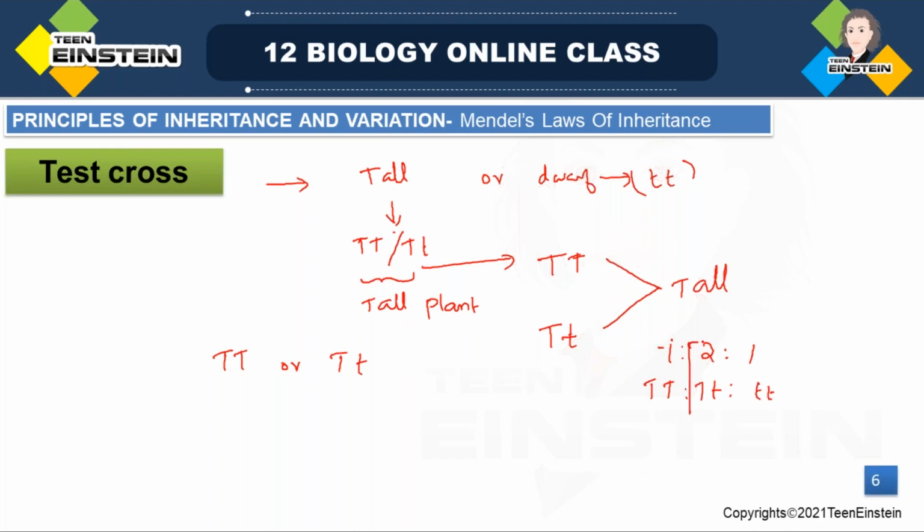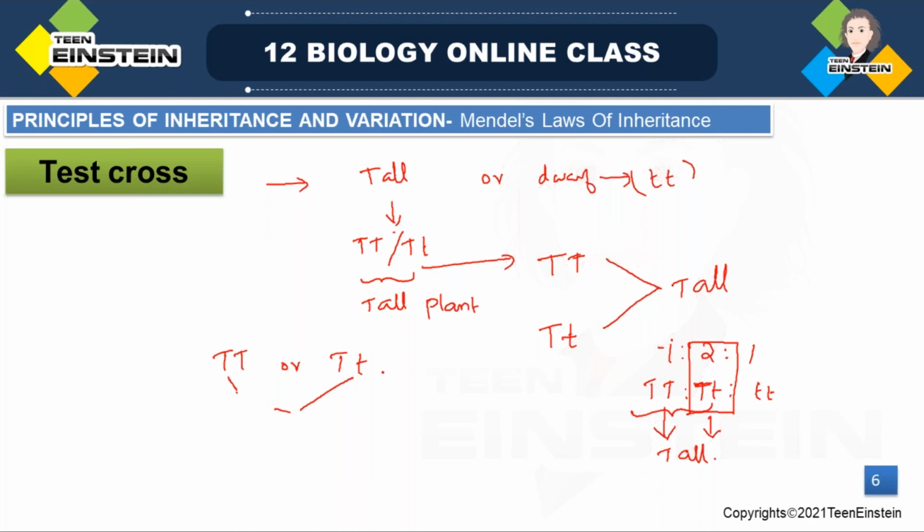See, think about this plant. Okay, by seeing it, it will be same like this homozygous plant. Both will express as tall. But we don't know what is the exact genotype. There are 2 chances. Either it will be homozygous dominant or heterozygous dominant. Both will be like tall plant only. So how to find out? So to determine the genotype, whether it is homozygous tall or heterozygous tall, for that we are using this